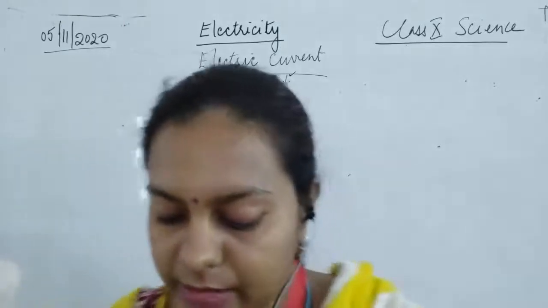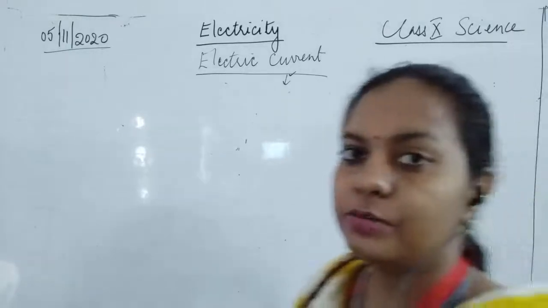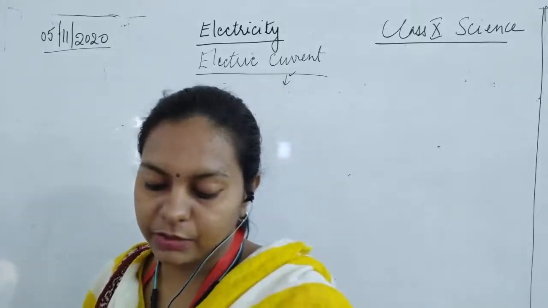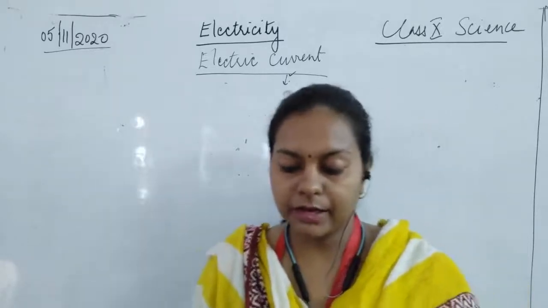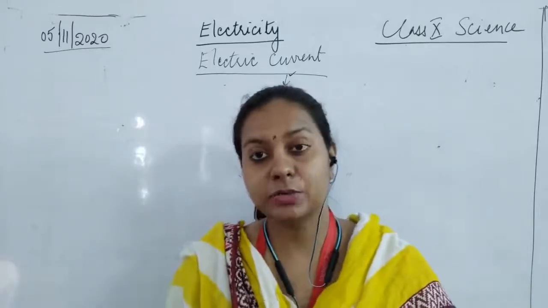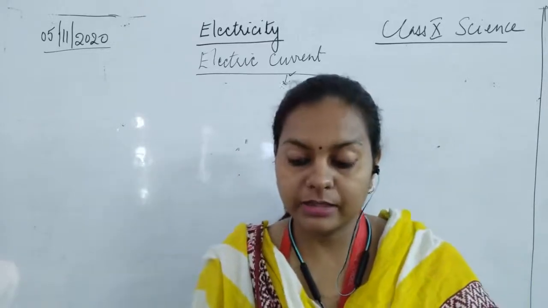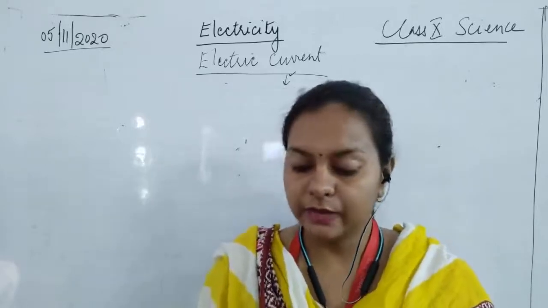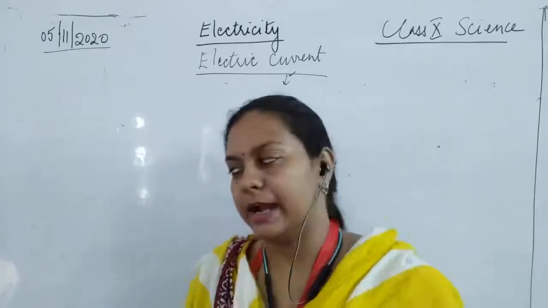So how can we get the continuous flow of the electric current? This is the next question. If we require a continuous flow, then we have just studied that due to potential difference between two points, the electric current flows between them. The simplest way to maintain this potential difference between the ends of the conductor is to get a continuous flow of the current. For that, we always connect the conductor terminals with a cell or a battery.